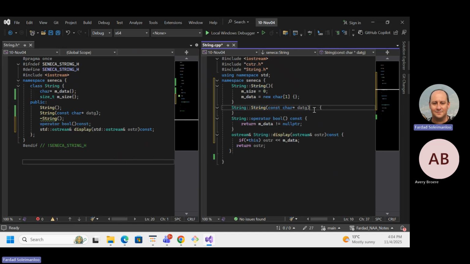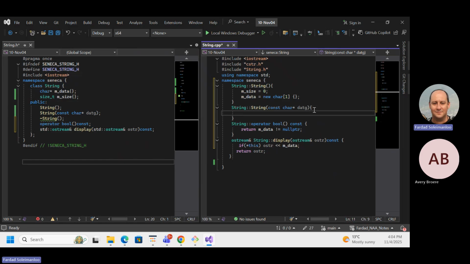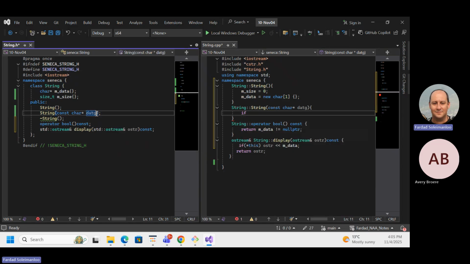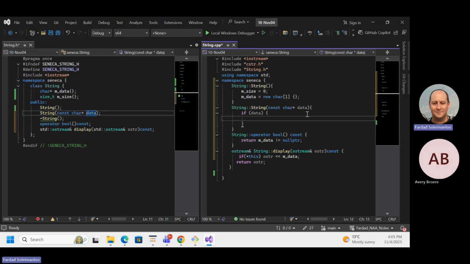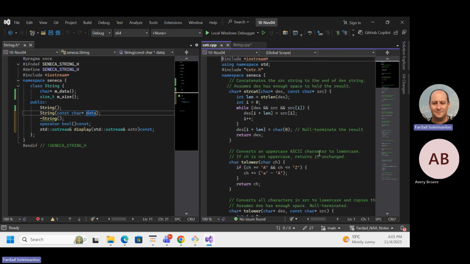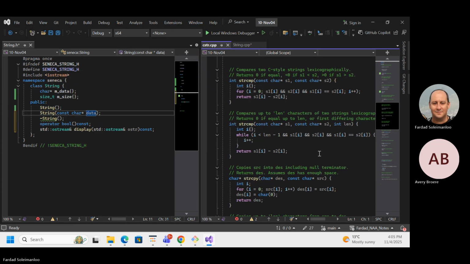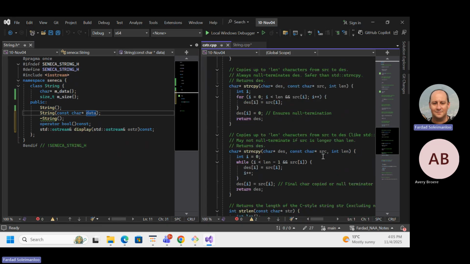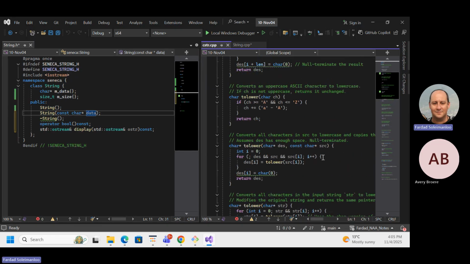So for this one, what I'm going to do will be this. I'm going to say over here, if the data exists. If data exists, then what do I do? I have to do the allocation, all the good stuff, right? So do I have that one in my string? That's strcpy. Do I have an alloc copy here? No, I don't have alloc copy here. I thought I did.